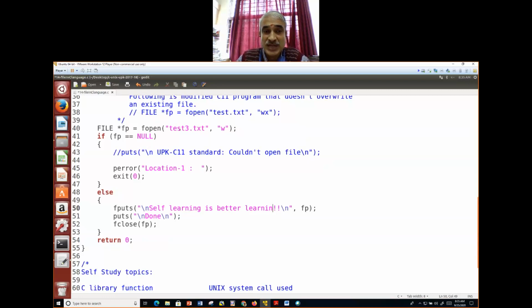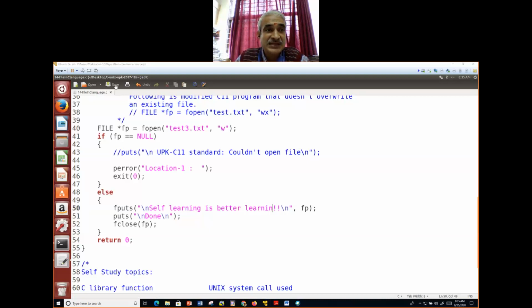I want to write a new file, but by mistake it is already existing, which I have not noticed. Now what happens is test3.txt, which contains a message, is made empty, and this is written as if it is a new file. That is the most dangerous. Let's see whether it does this or not.